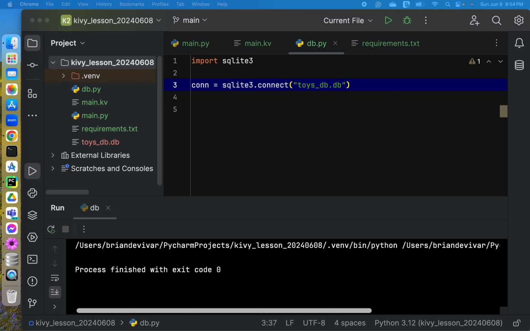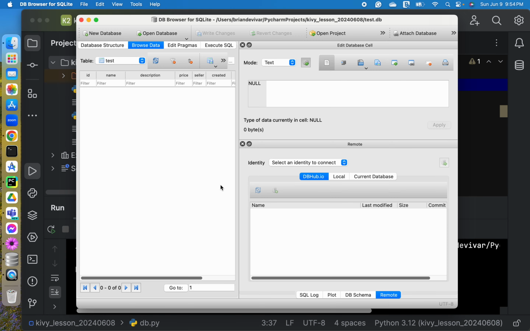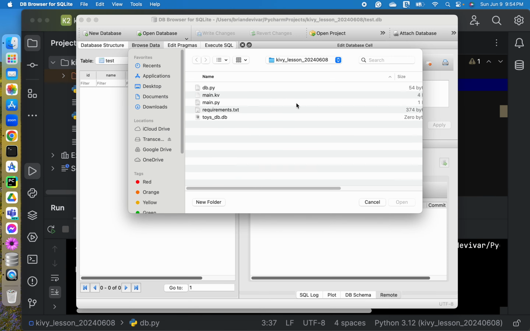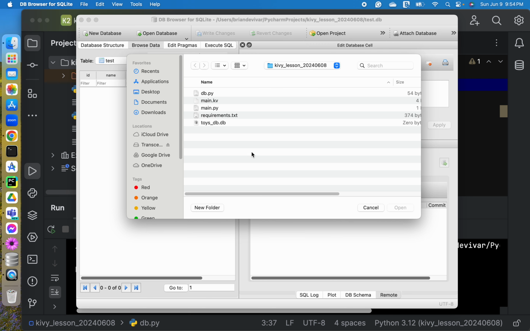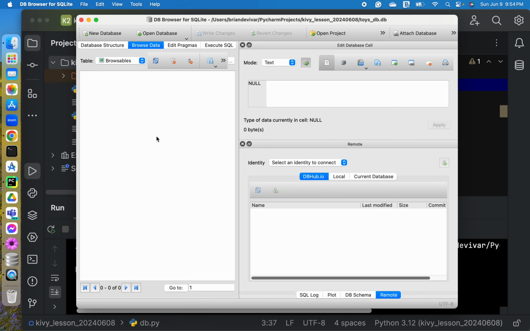Okay, and I already have it installed. Let's take a look at our database. So here it is, the toys_db, and let's open it up.